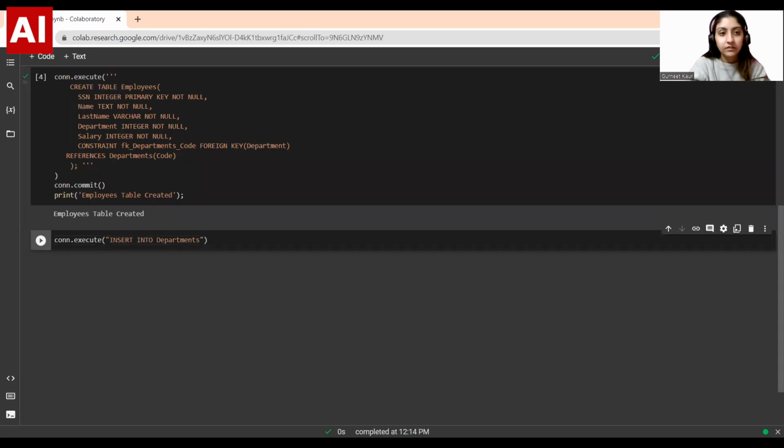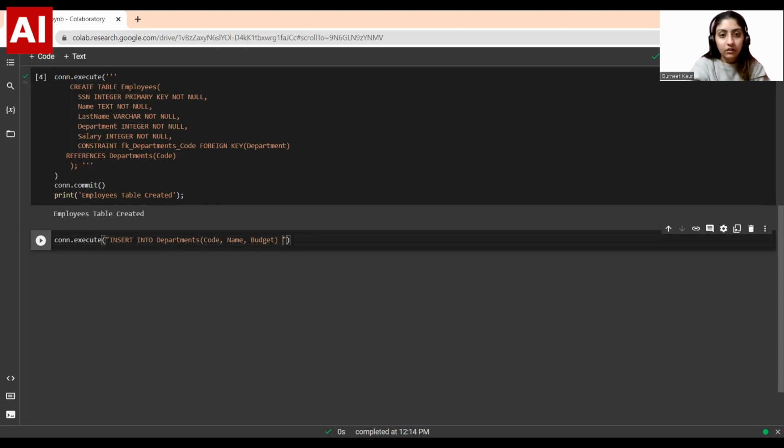Into departments. So what were the columns? Code, then we had name and budget, right? So name, comma, budget, and then